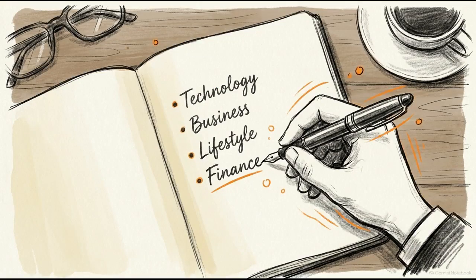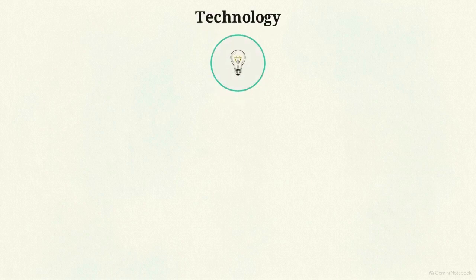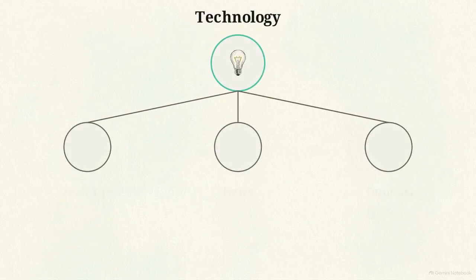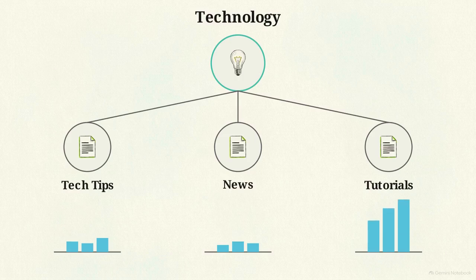Step 1 is deciding what you want to talk about. We call this your content niche. Do not view this as a permanent prison. Treat it as a 30-day testing ground to see what works. Start by picking one broad category, like technology, and break it down into 3 content pillars: tech tips, memes, and tutorials. Pay attention to comments and shares. This audience data will empirically dictate your strongest direction.